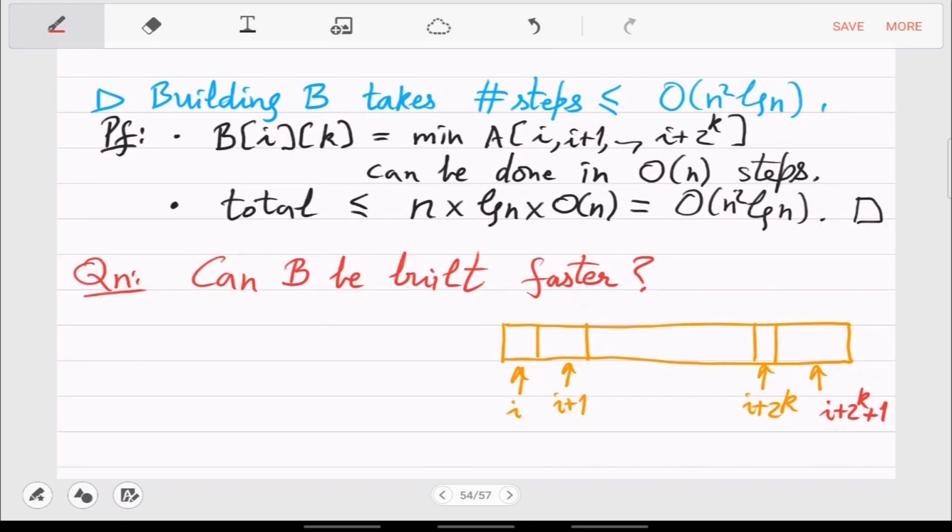So the old interval was this, or window was this, and the new one is this.